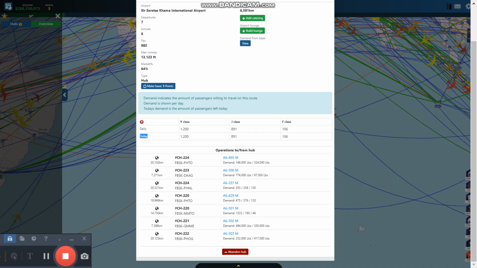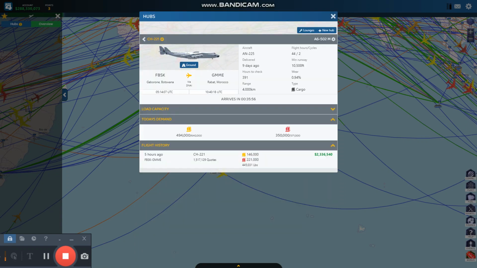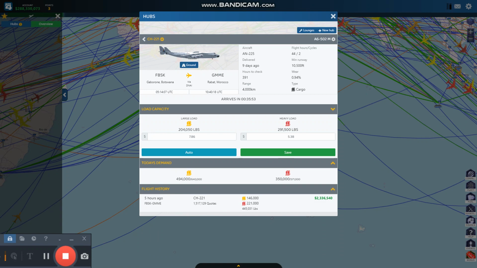That does mean that when you do routing for your cargo, you should do the same ratio. Like this is 494, it's 5 to 3.5. You should do the same thing. See over here, I have more of the heavy and less of the large. You want to try to match the ratios. And the reason why is because when this plane takes off, oh, you know what? The maximum, I'm sorry, it's 571. But this is still too high because that's 580, 582, and it only allows 571. So I got to fix that.